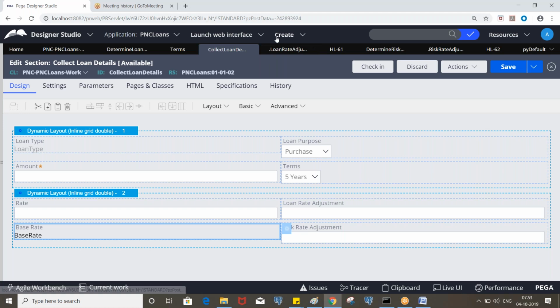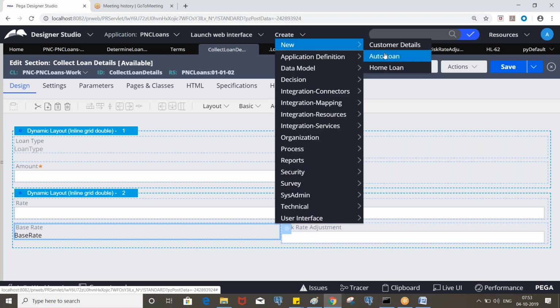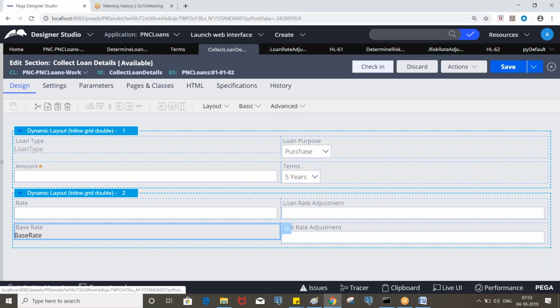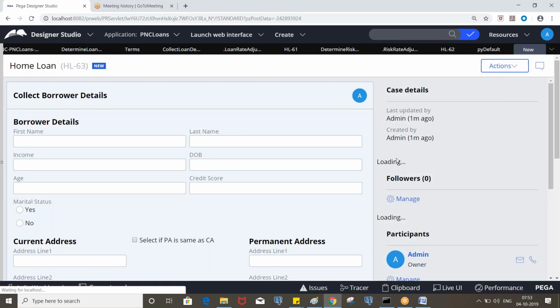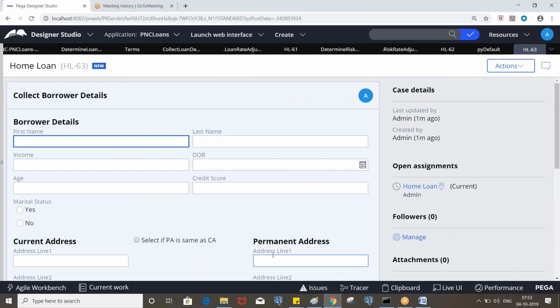It is the sum of all these three things, right? So what do we need to do? Which rule can we create again? Declare expression. Declare expression on the rate property. The input properties will be loan rate, risk rate, and base rate.